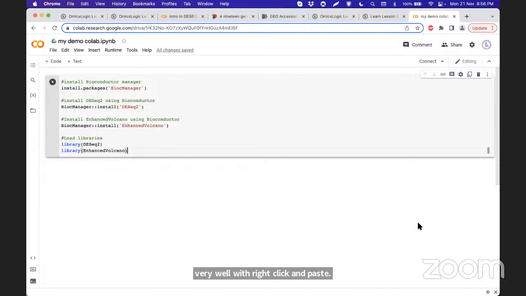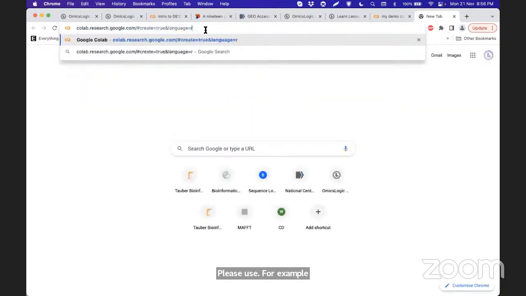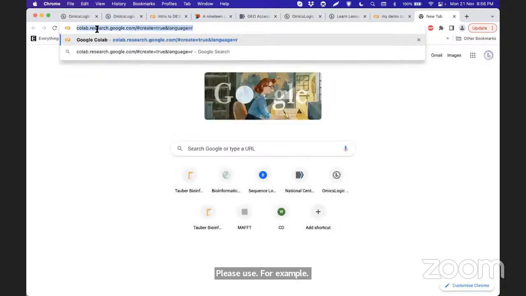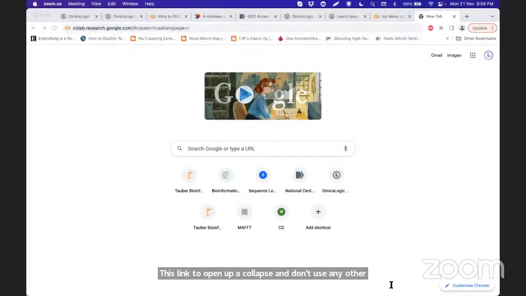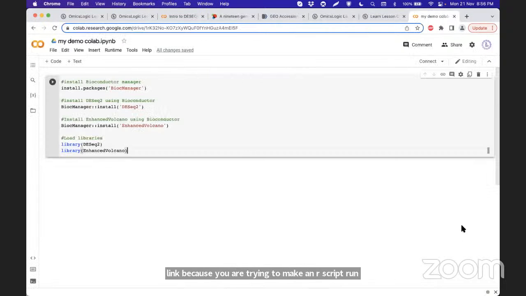And Ruth and everybody, please use, for example, this link to open up a Colab, and don't use any other link, because you are trying to run an R script inside a Python notebook. That is why you are getting an error. Use this script to run. For both of them, you will get the same extension. So use this